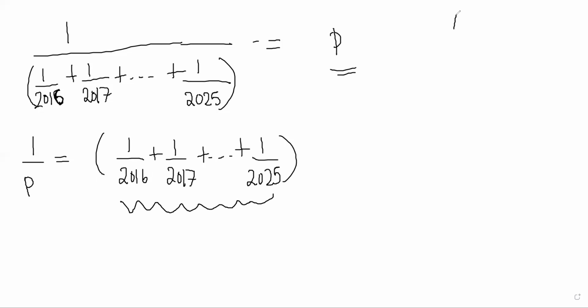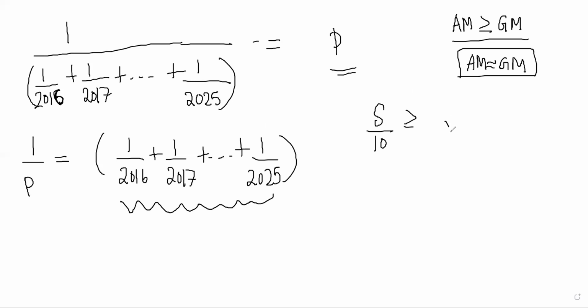So what I will do is I will apply AM-GM, right? AM is greater than or equal to GM. And I will say that in cases when the numbers are close to each other, AM is almost equal to GM, or actually equal to GM if they are equal, right? So what I did was this sum, let's call it S. S by 10 is greater than or equal to the 10th root of the product of them, right? Not P actually, but the product of those. So S is greater than or equal to 10 times the 10th root of the product of all of those numbers, right?